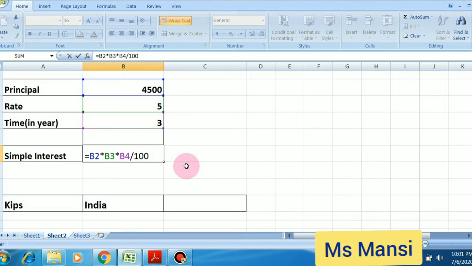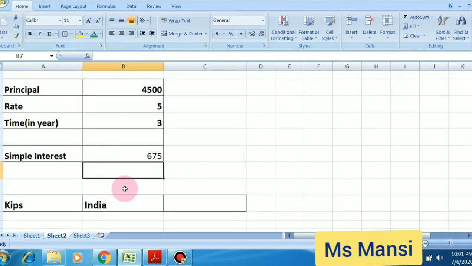Now you have to press enter. Then you see here simple interest is now calculated. If you want to see the formula, just click here and see, this is the formula bar, and our formula is also written here. If you want to check a formula again, you can simply select the cell and see the formula in the formula bar.